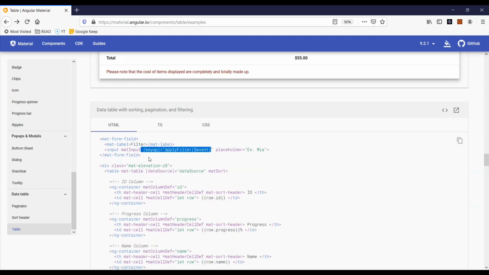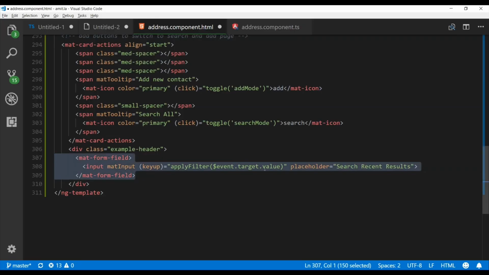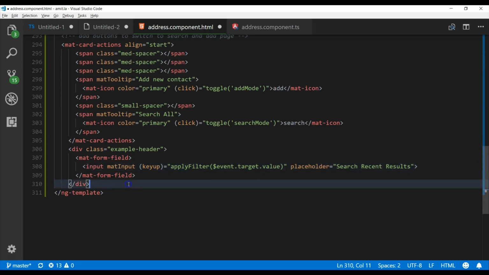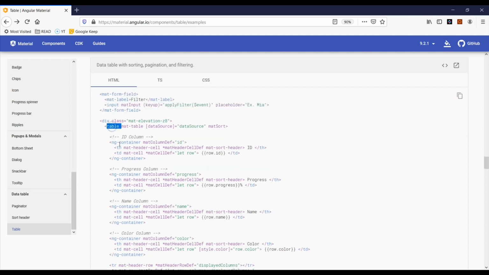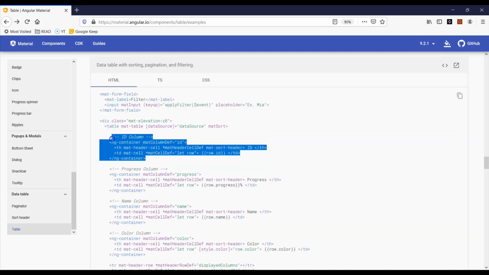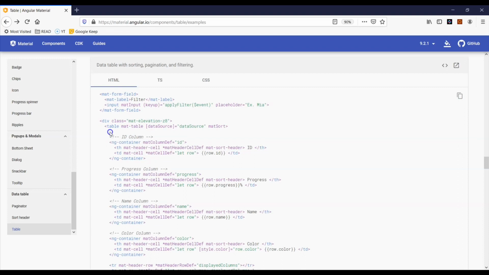it includes a filter condition, a filter input text field to your data table, which will allow you, whatever you put in this filter text input, to filter your material data table results based on this filter. Now next thing you have to include is a table, and as you can see, this table has a